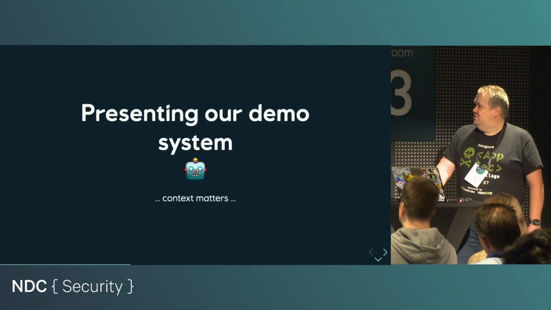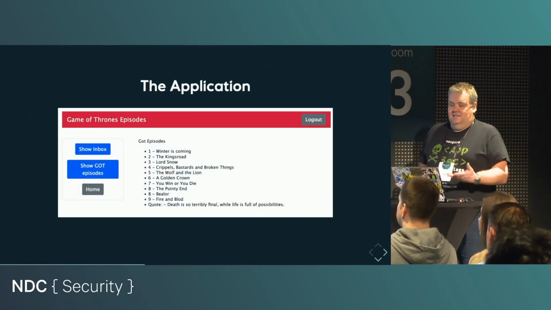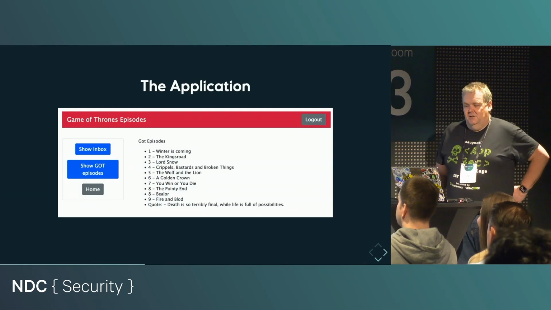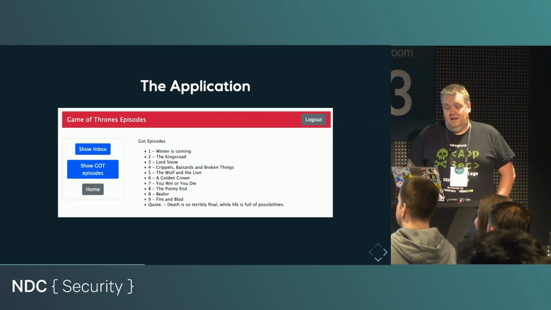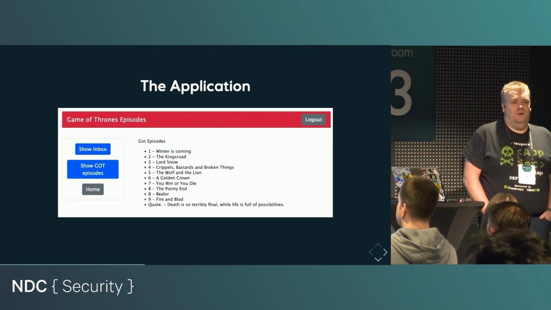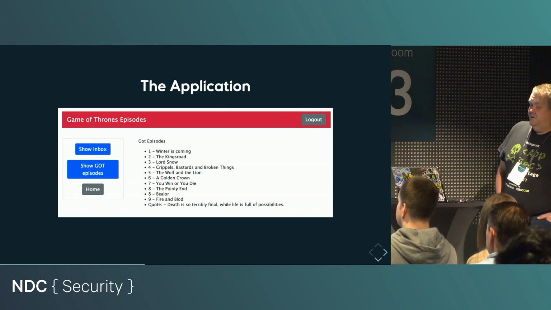So presenting our demo system, the one we're going to look at in a little while, that is this brilliant modern web application called Game of Thrones Episodes. So what you basically can do, you can log in, you can show your inbox, getting that from the Office 365 graph, and you can show